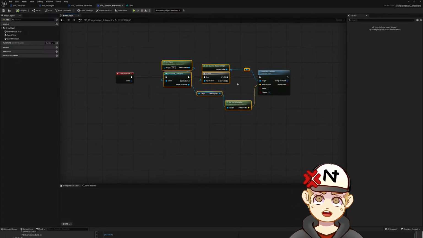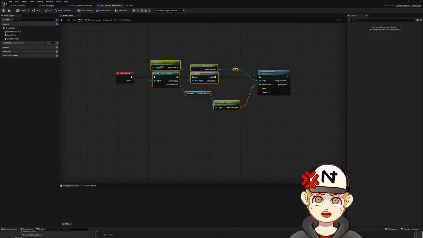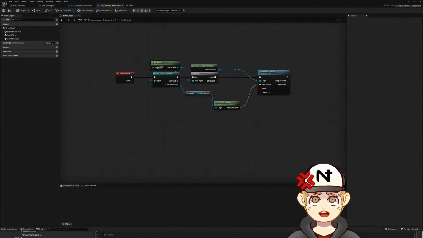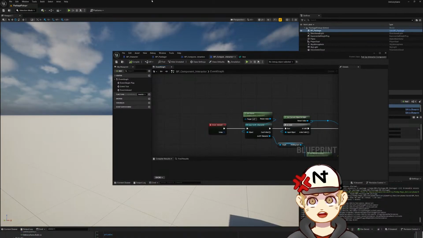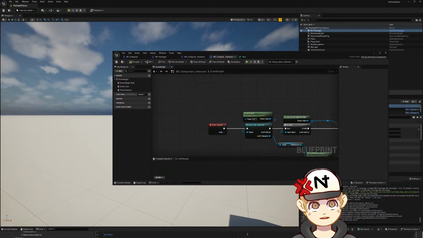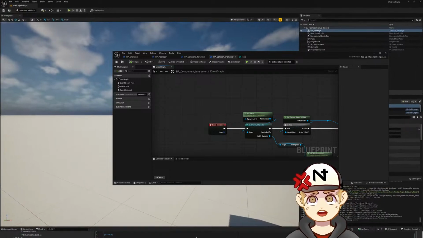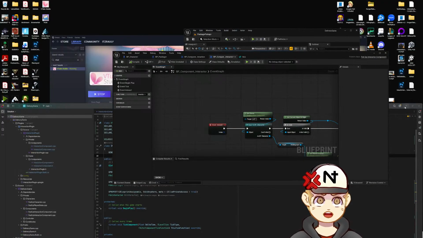So now that we have that set up, it's kind of hard. I could definitely go into code and change the way that works, and for some strange reason, I don't have a